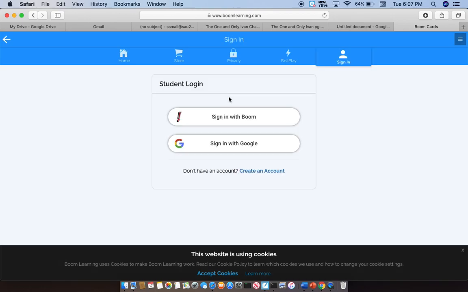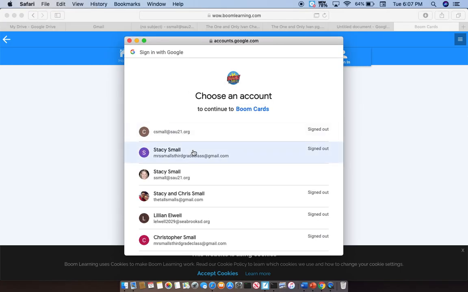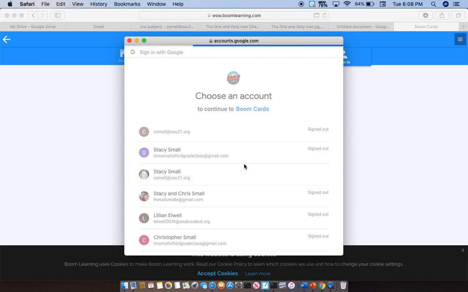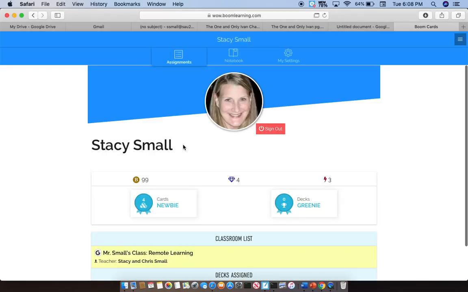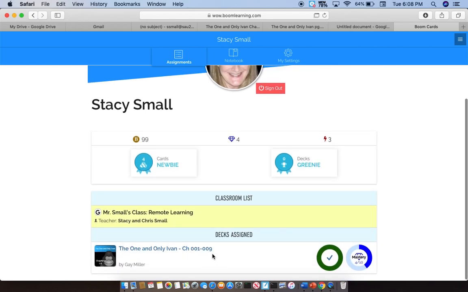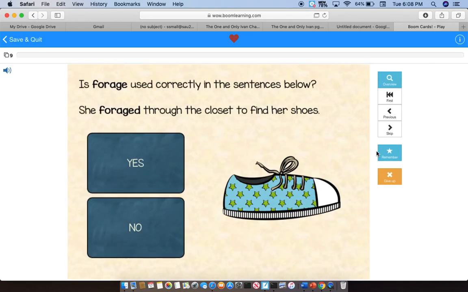And you're going to need to sign in, and you're going to sign in with Google. Okay, so this is only for the ones who have The One and Only Ivan. So you click onto this, and the other students are actually going to be doing this eventually too. So this is good for everyone to see. And then make sure that your child types their Google email and then their password, the same one they've used for the Chromebooks. And then on here, they would just click this right here, and then they would just simply answer the